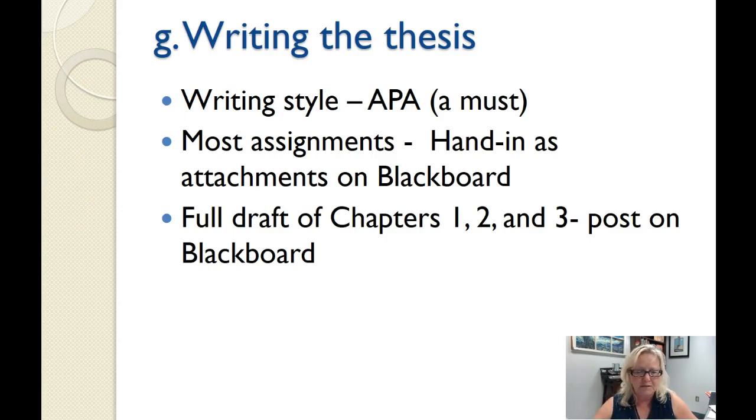We do have 2 discussions this week, an introduction and a starting point. There are questions to get you thinking about what kind of problems you would like to work on. That one's going to be an open discussion, so please feel free to comment on what other people have been thinking about and writing about. This will be a conversation in the discussion. Thank you very much, and I'll see you soon.